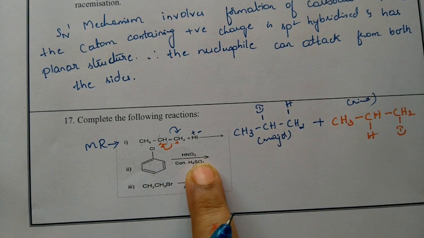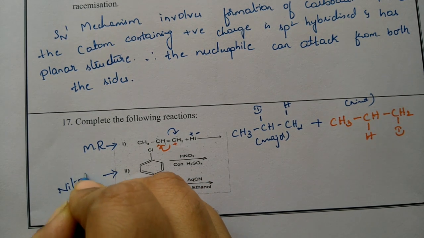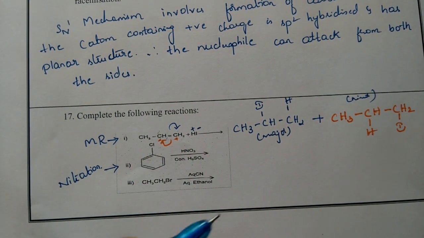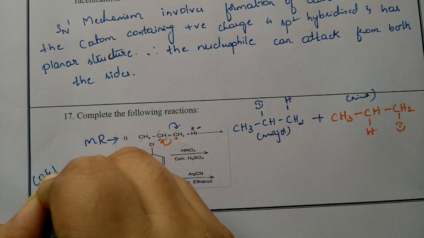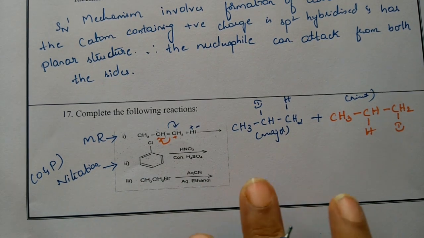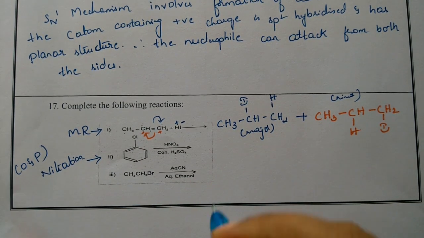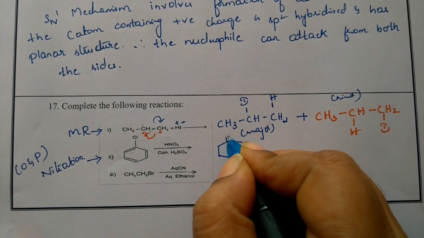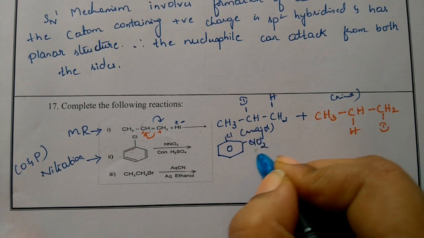Clear? Now the next one we'll move on to. The next one is an electrophilic substitution reaction, that is nitration. If you do nitration on this benzene ring, a Cl group we have. The Cl group is an electron donating group, so we can say that it is ortho and para directing in nature. If it is donating the electron cloud to the benzene ring, it is understood that it is ortho and para directing. So we have two products once again. One is ortho substituted and another one is para substituted. It is NO2 group substituted, nitration.